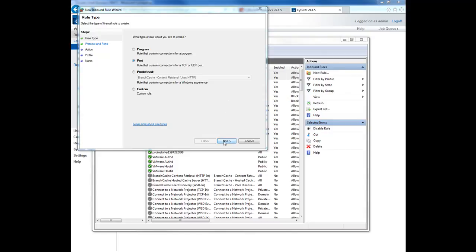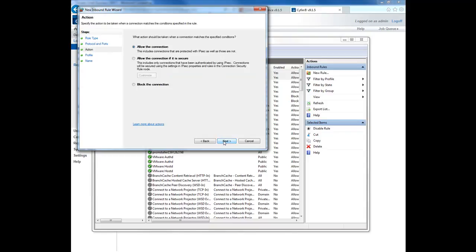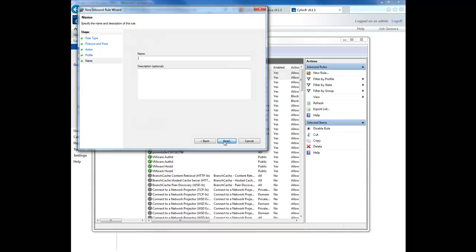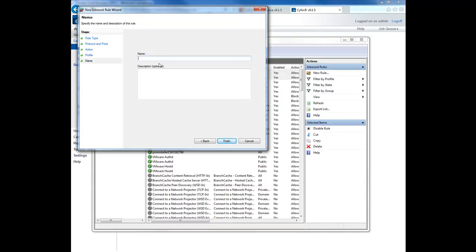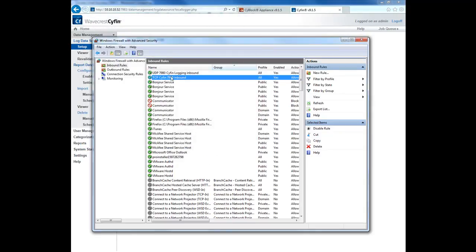So we're going to click on Next for the inbound rule. It's going to be a port. It's going to be UDP, and it's going to be 7980. We'll click on Next. Allow the connection. Next, allow it for domain, private and public, and we'll type in UDP 7980 Cyfin logging inbound. Click on Finish, and as you can see, the two inbound rules are here: